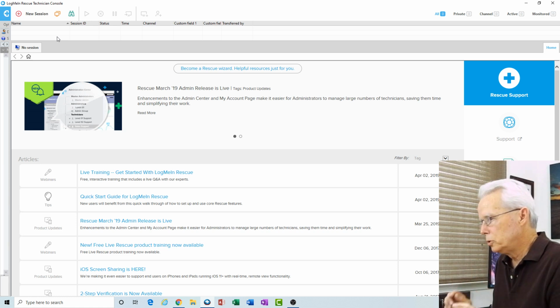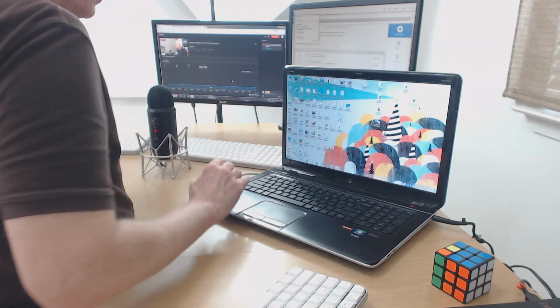Now we're going to be doing these on separate days, so we're going to need to establish the connection again. So the next day, in order to establish the connection, the procedure is going to be a little bit quicker. So we're going to demonstrate that now. This is a new session for me as far as LogMeIn Rescue is concerned, because we did not set up any kind of reconnect capability. So I can click on new session here,